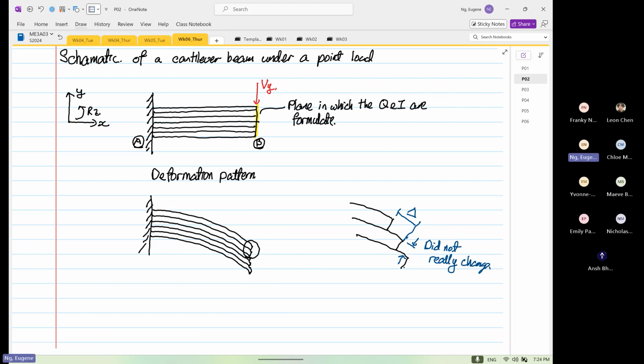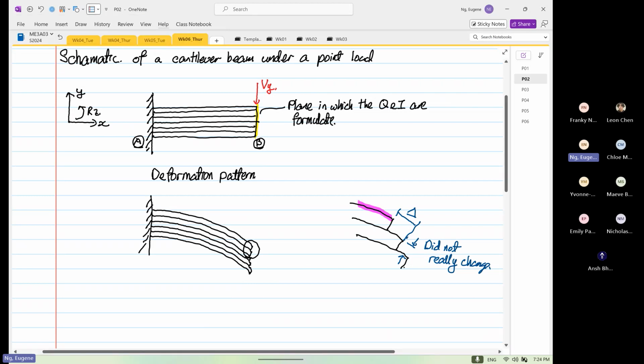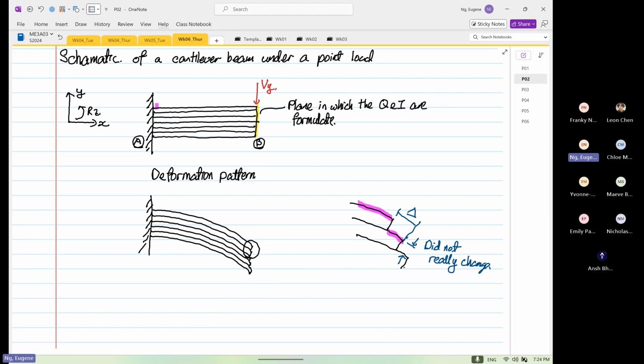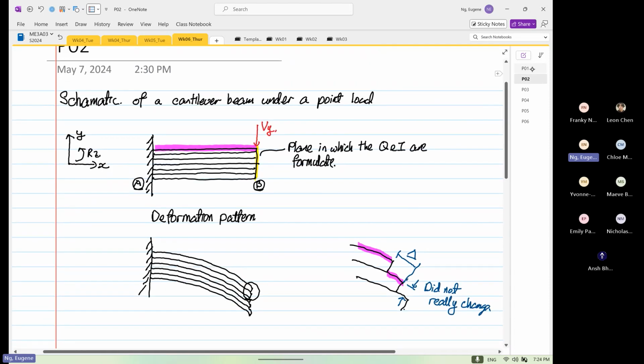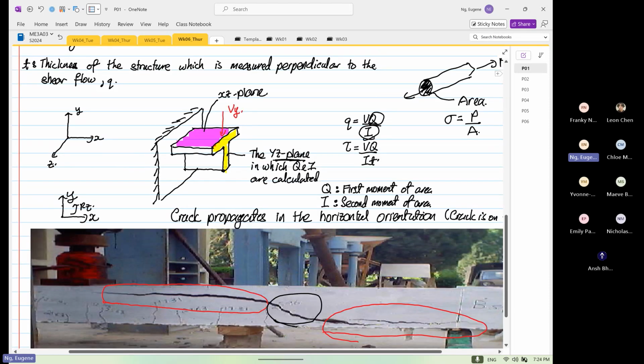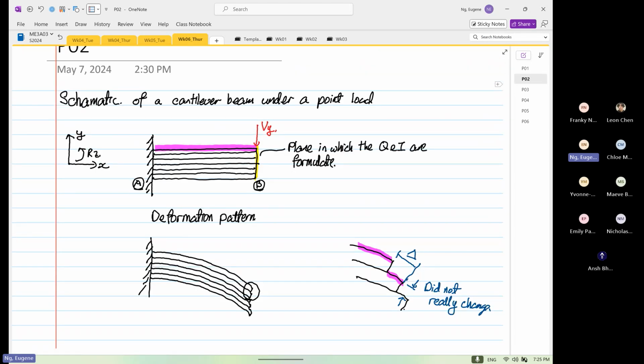Right? So if you look at this surface over here, this plane I draw in pink, where slip occurs is in fact the horizontal line I'm drawing in pink. That is the same thing that I sketch in pink, which is along your XZ plane. Okay. But if you're still confused, or we're still confused,